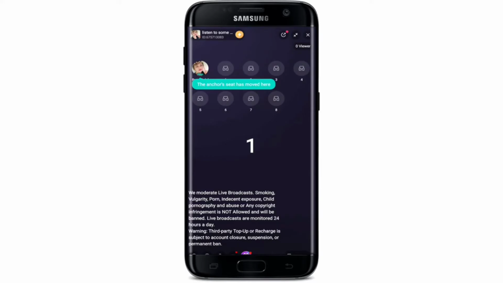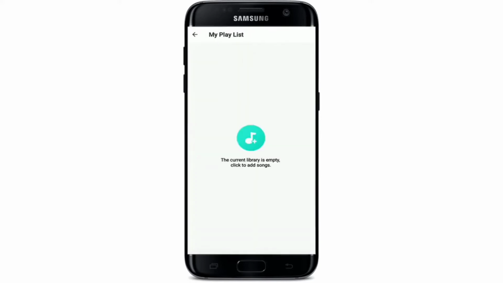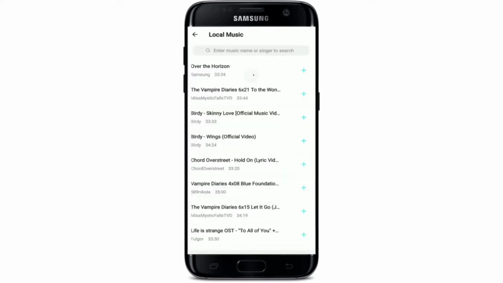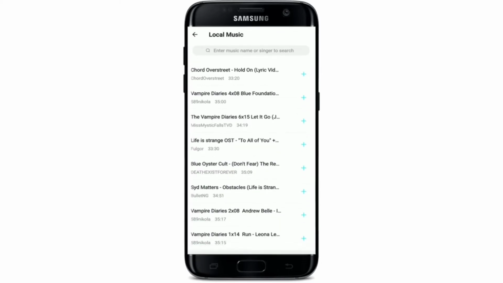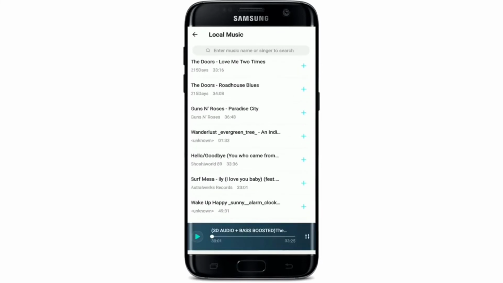A countdown will begin. Now you can simply tap on the menu button at the bottom of the screen, and from the pop-up, tap on Music. Tap on the plus button with the music icon in it in order to add music. Go ahead and search through your library to add and play music on BIGO Live. Once you find the music that you'd like to add, tap on the plus button right next to it, and